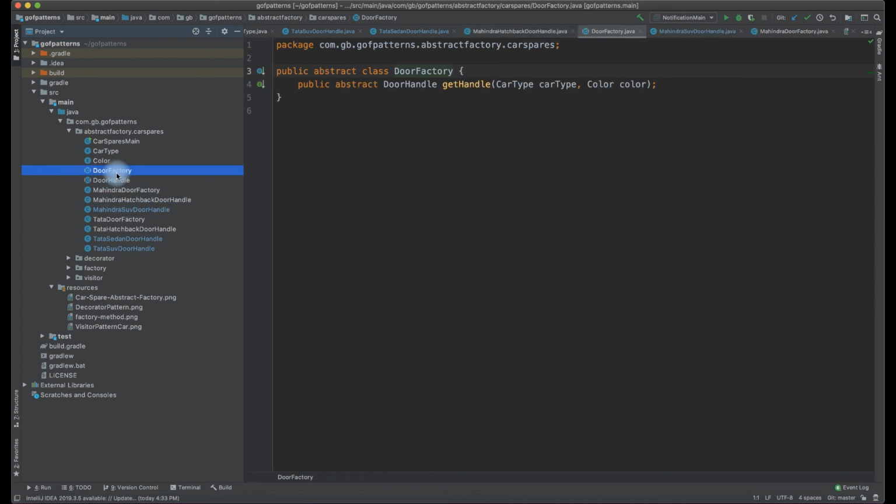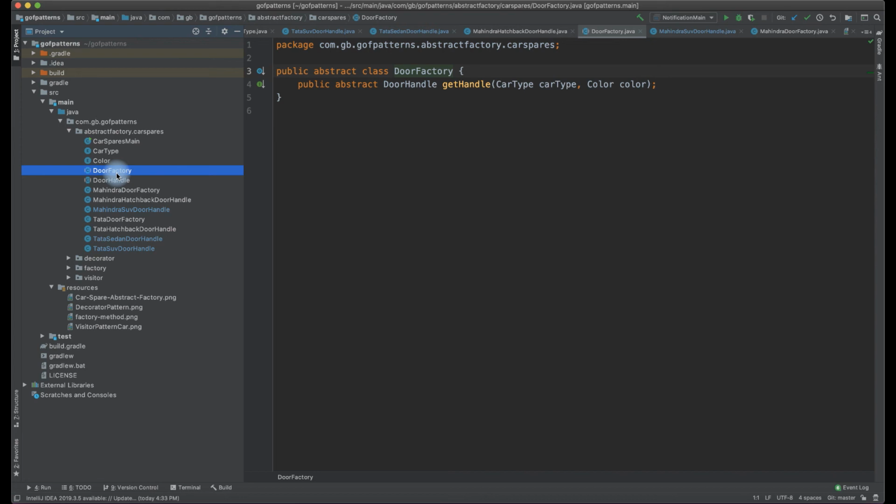So the door factory, this is the abstract factory, which the concrete factories will extend. It can be an interface as well, but I've used an abstract class because it makes sense for me. And they are going to override the implementations of it, and these concrete factories will return the appropriate concrete instances that we looked at, which is the door handle, right?